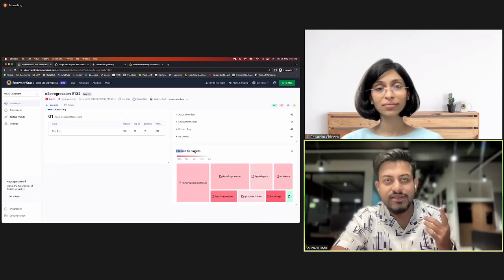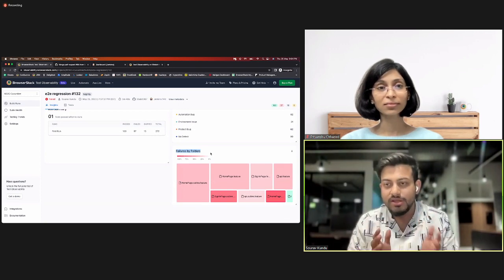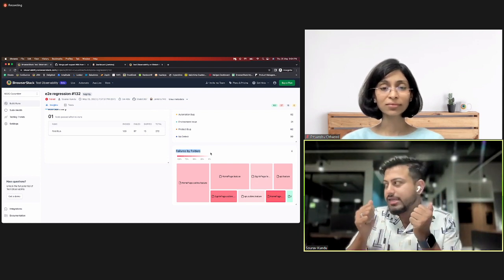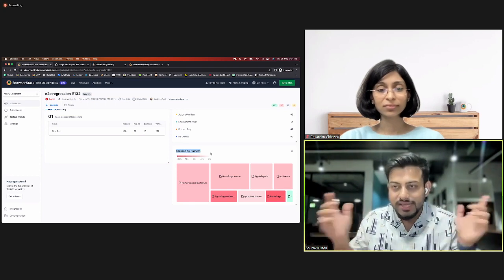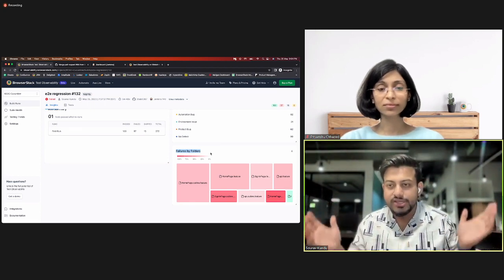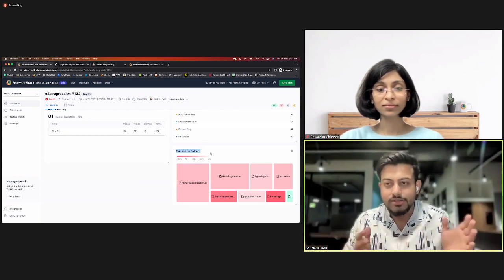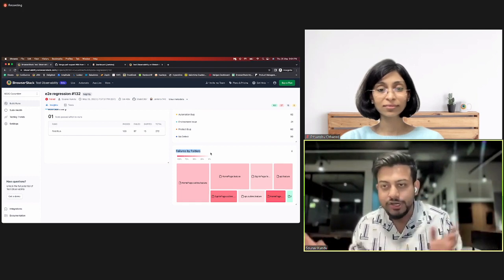And the last thing on this page is failure by folder. Now, this is a heat map. What this heat map does is it tells you that, okay, you have 2000 test cases, but one single engineer is never responsible for all those 2000 test cases, right? So there are different modules. Maybe there is a login module, there is a checkout module, there is some functionality XYZ module, right?